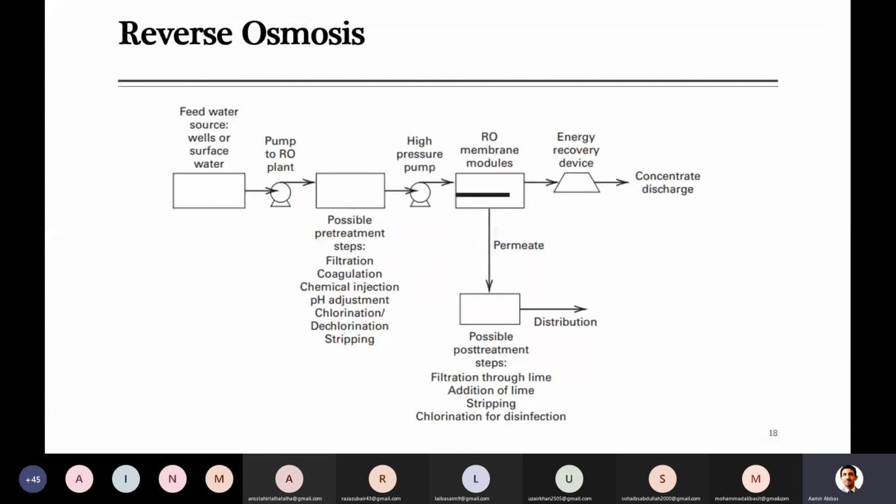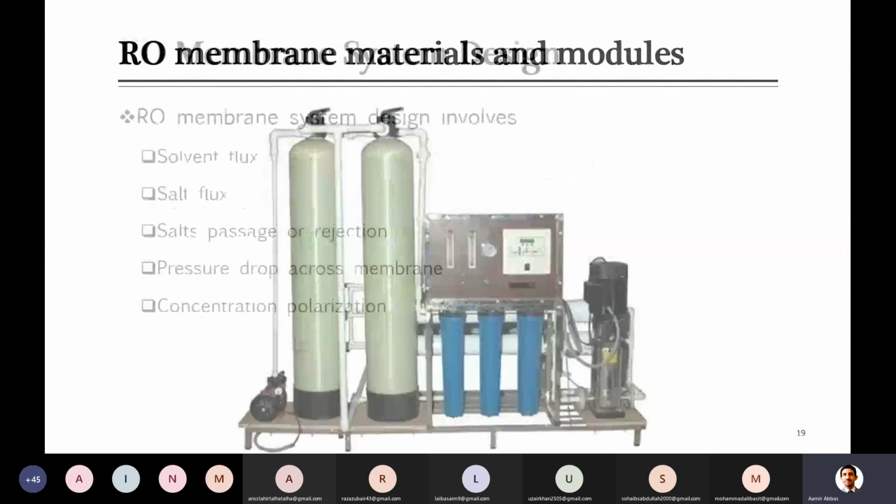Let's say you are using this water as boiler feed water. In that case, you even remove the air from that water using a deaerator. Deaerators are equipment in which we remove the air from water, because we don't want that air even in the boilers. So those are post treatments through which you can go based on your need.